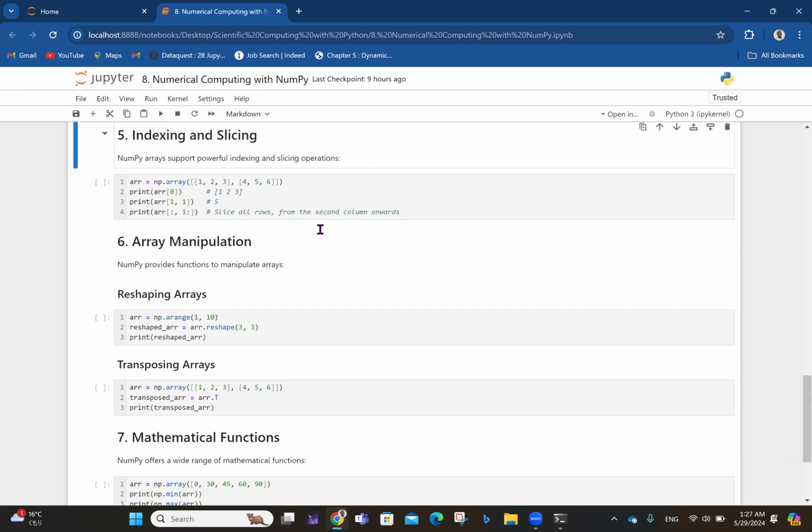Okay, so let's talk about indexing and slicing. Indexing is about pinpointing a particular element in an array, right? NumPy arrays support powerful indexing and slicing operations. Sometimes in your computation, you want to do something on a particular item, so you can index to get there. Then slicing is about extracting a portion of an array, right? So here you have print array 0. So 0 here actually talks about